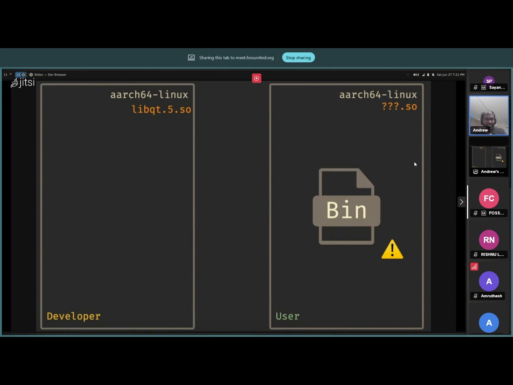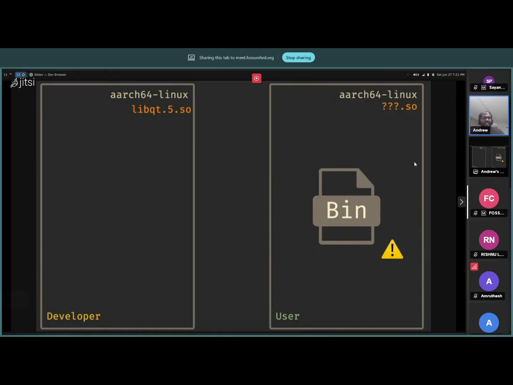But the disadvantage of dynamic linking, which is the major problem we see, is that, let's say, as a developer, I had this version of libqt, like libqt 5, installed in my system when I was developing, and then I compiled my application with that. So I think that application works for everyone. But I don't know what is running on my user's machine. Maybe they'll be running a newer version of the OS, or some new libqt 6 or 5.1 comes. There is no guarantee it will be the same. The OS will link with libqt 5 as much as possible, but in many cases that won't be possible, and that is very annoying.